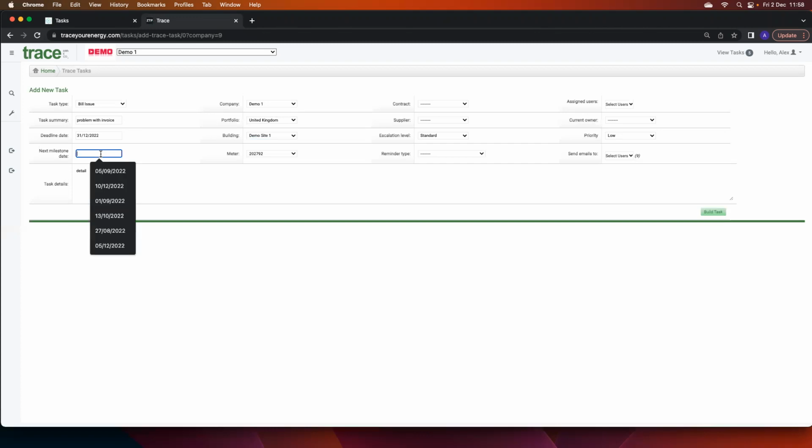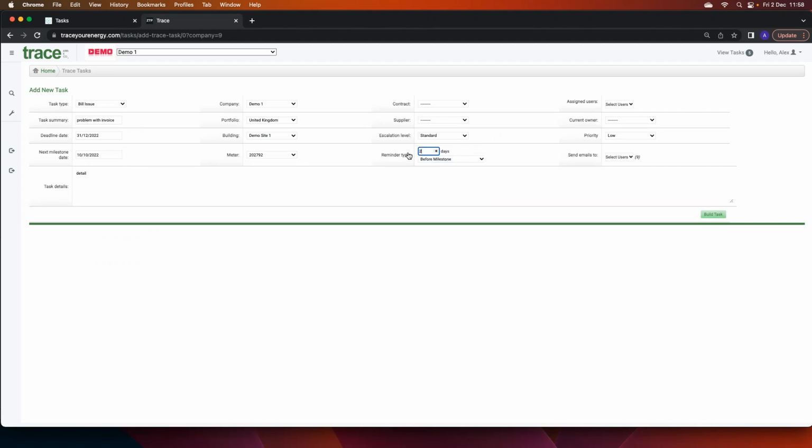By the end of the year, we want this to be sorted, and we'll maybe say by the 10th is our next deadline to get the task moving. So standard escalation level, so we don't need to escalate to the manager or director yet. And then before the milestone, so 2 days before the milestone, we're going to get a reminder. We're going to assign this task to Vanessa and Noel and demo user. So we've got 3 assigned users, but then we're going to make Vanessa the current owner because we want Vanessa